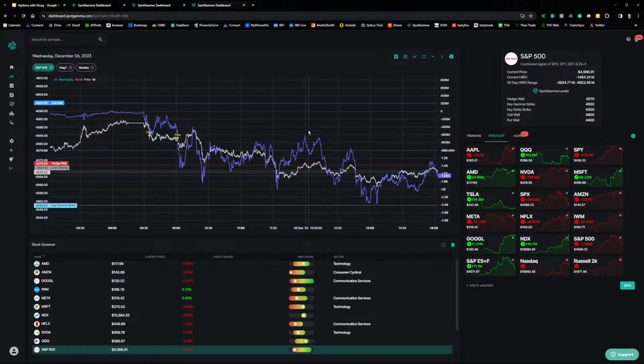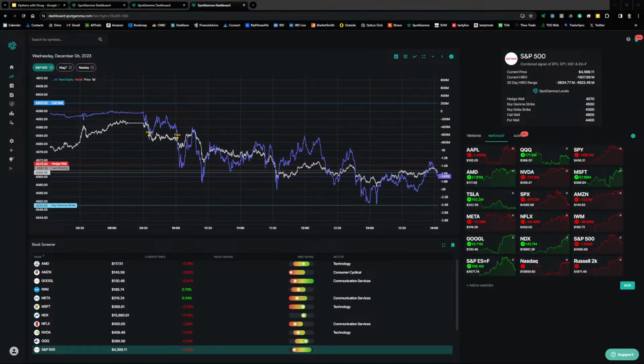Spotgamma takes open interest data from the OCC, applies their algorithms, comes up with the levels and the information that I use in my planning process. So that's all static data updated once a day. And then this is real-time data. Again, hedging impact real-time options. This is showing